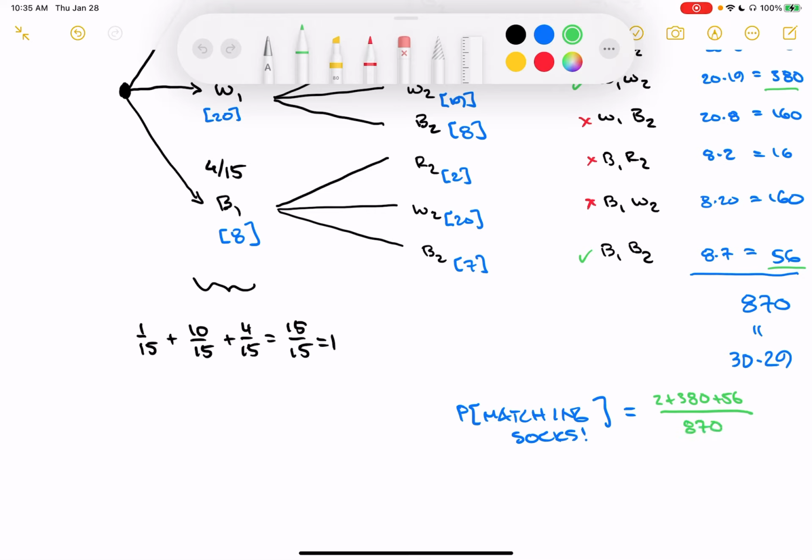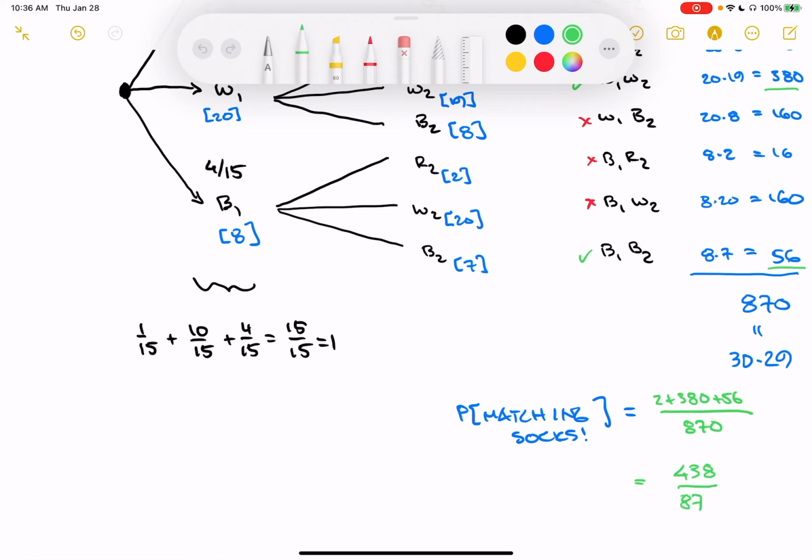So I'm going to pull out my calculator, just to make sure that we do this all appropriately. I can put in 2 and put 380 in there. Let me try this again. So do that again, and then 56 and add it in. We get 438. So this whole thing is equal to, so far, 438